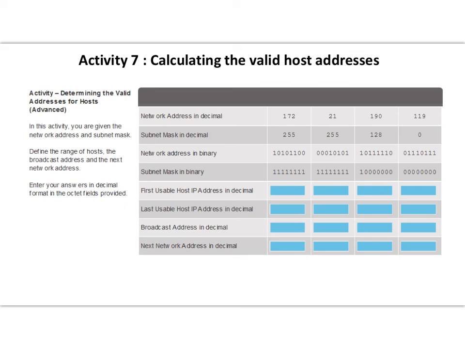So this is determining the valid addresses for hosts. It's the same exercise that we have done before, but here you will see that it's a little bit trickier, just a little bit. So again, we need to calculate the first usable host address, the last usable host address, the broadcast address, and the network address. So this is the host address, and this is the subnet mask. So to calculate first the network address,